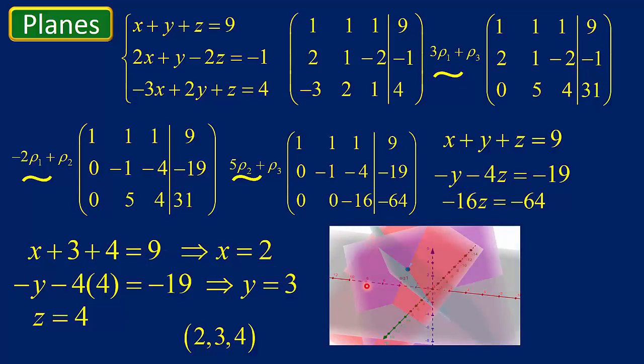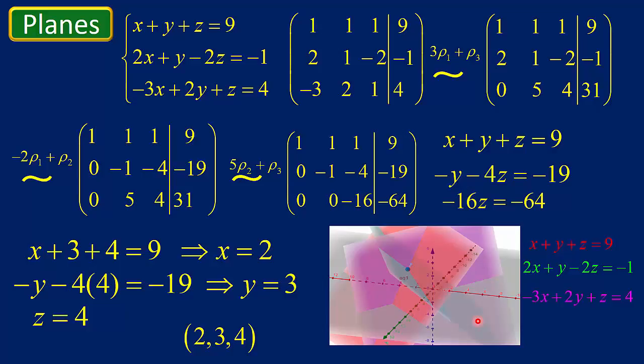And a picture of it would look like this. Okay? So we've got our 3 planes here. You've got the pink one right here, this one. You've got the red one, and then the green one. And right there is the point of intersection. I don't know if this picture is very helpful, but you can see what's going on with this. Okay? So that's how we found that point of intersection, by Gaussian elimination, going through this process, the row operations,